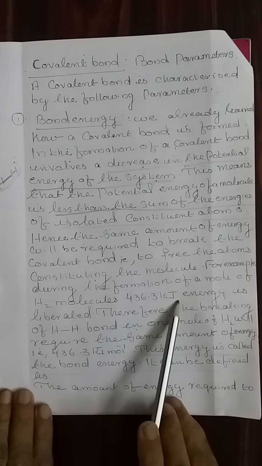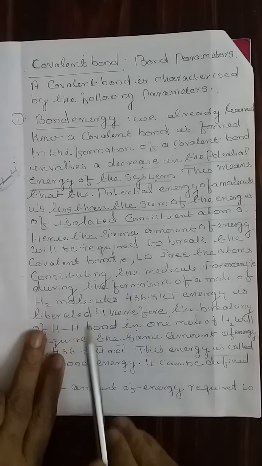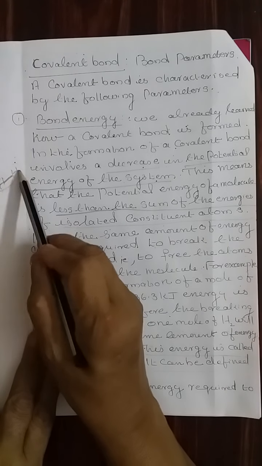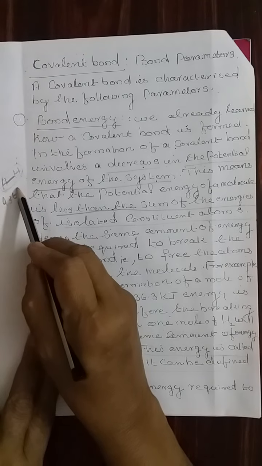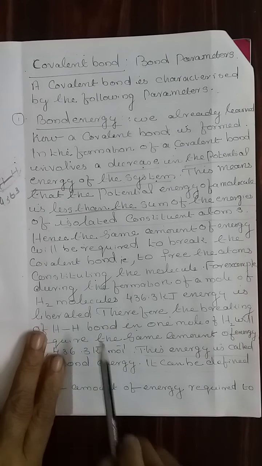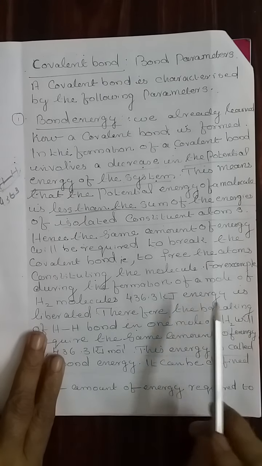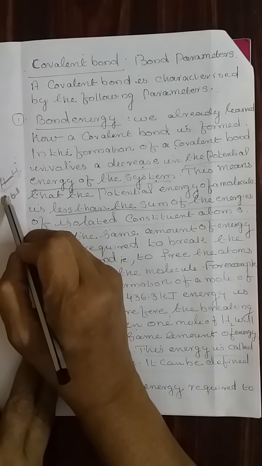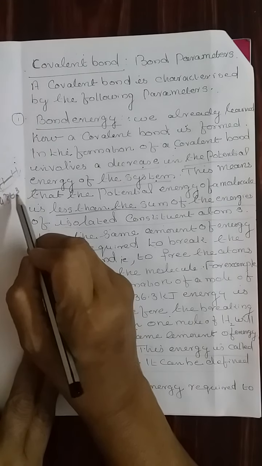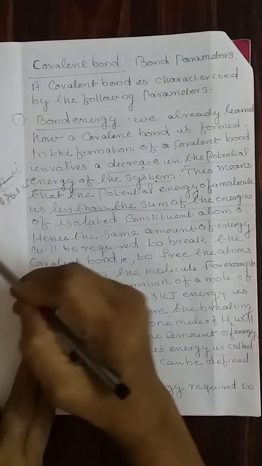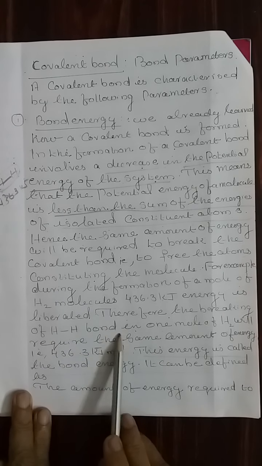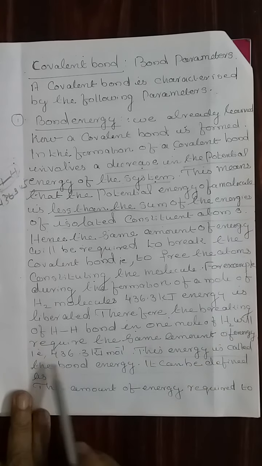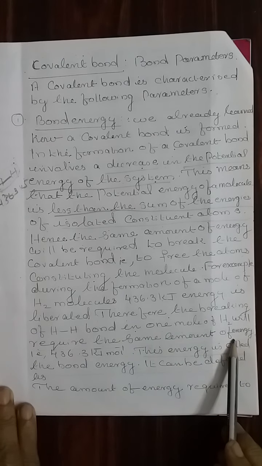436.3 kilojoules of energy is liberated. That means when these two hydrogen atoms form a bond, 436.3 kilojoules of energy is liberated. Therefore, if you supply this much energy only, we can separate this into two hydrogen atoms. Therefore, breaking the hydrogen-hydrogen bond in one mole of hydrogen will require the same amount of energy,